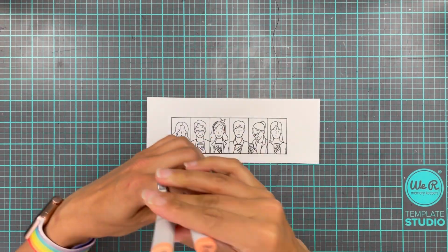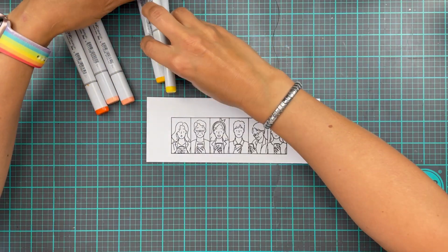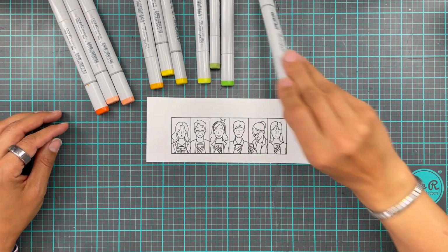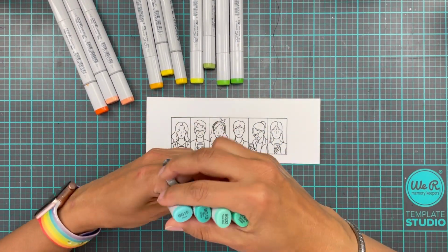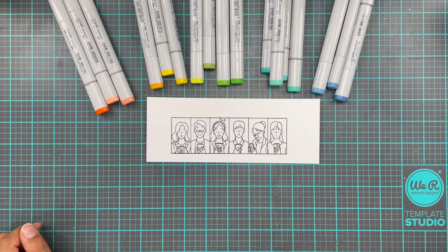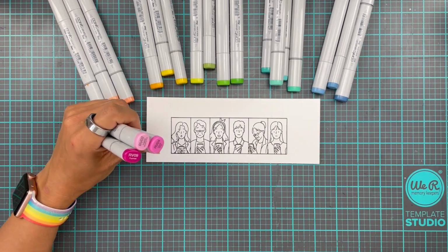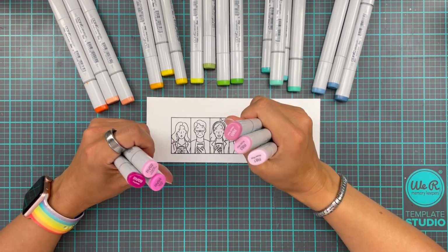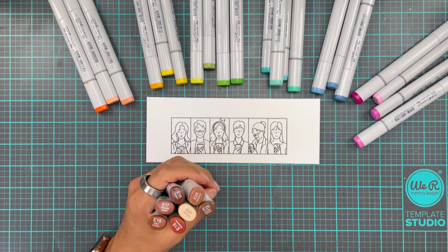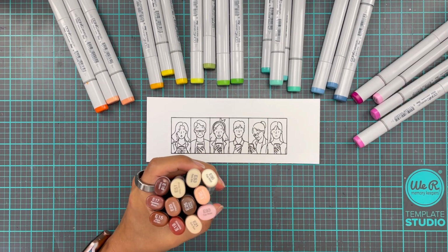And it's probably no surprise that I'm going to go in rainbow order here. So what I've done is I've gone for one of the darker colors in the sort of darker shade of the colors I'm going to use, and then I picked out some lighter ones to make sure that I can actually blend and create some of those highlights and lowlights to bring the image to life. So we got orange, yellow, green, sort of turquoisey blue, and then I was debating pink or purple. And I settled for pink, and I decided to go for a fuchsia pink rather than a romantic pink. And then for my skin tones, I'm going to be using a whole array of Copics to make